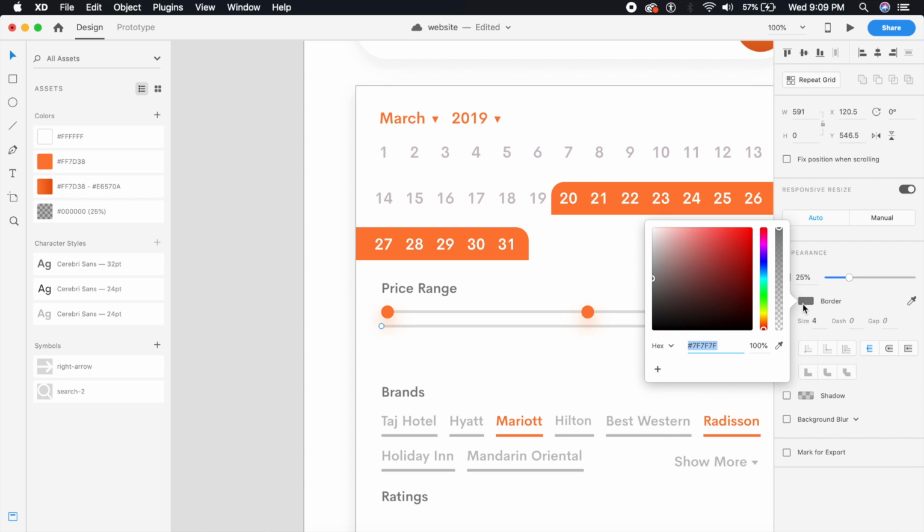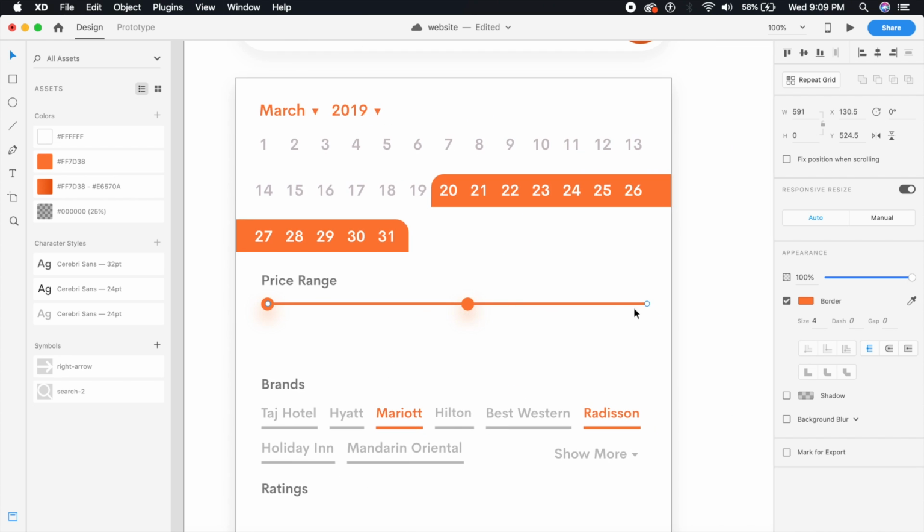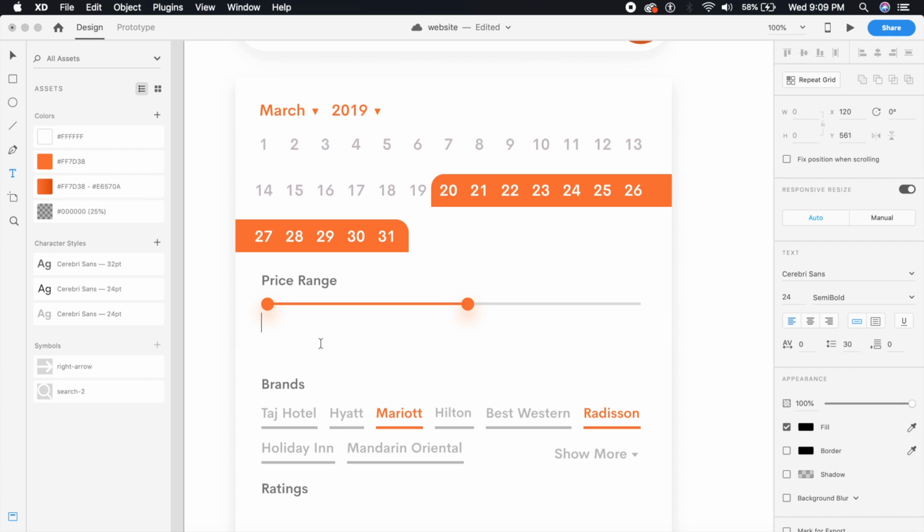So I can just use the color picker and just use orange right here. Make sure it's 100% opacity. And we want it to be the same width from this circle to this circle. So I will just align everything right here and make this line shorter. Perfect. So below this we will be placing the price, which is $20, which is the lowest price that we can offer,